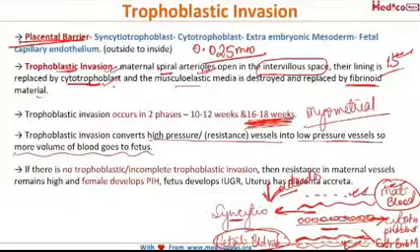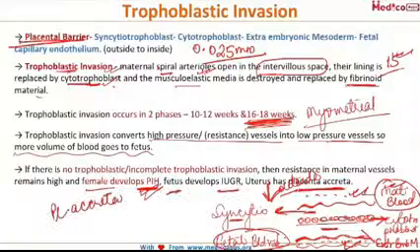And this is called uteroplacental insufficiency, and this overall condition results in PIH, that is pregnancy induced hypertension in the mother, IUGR in the fetus, and the placenta becomes placenta accreta as it invades deeper and deeper into the myometrium so as to